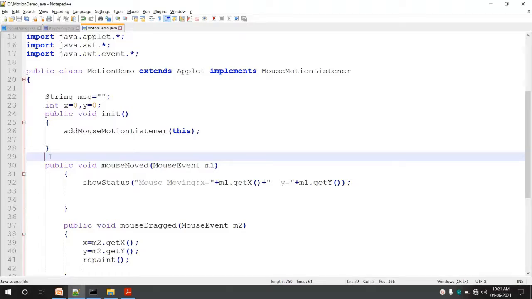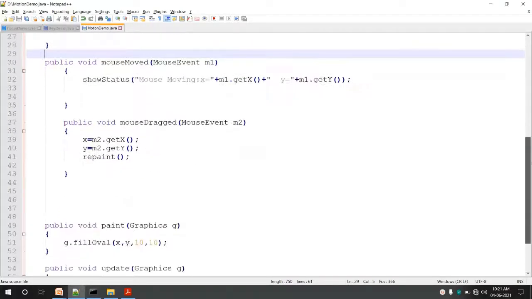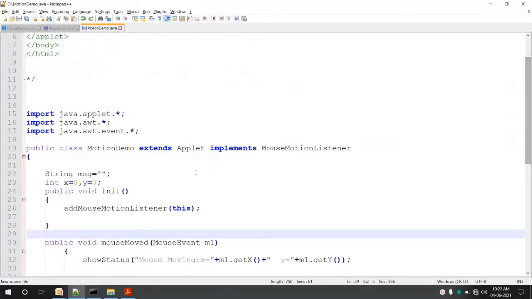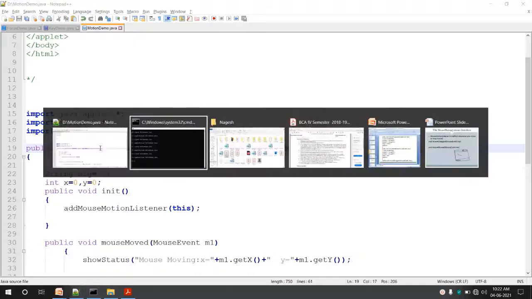It is better to have a separate handler class than declaring the handling code and the GUI code in the same class. I hope you understood how the motion listener can be used. Okay, let's move to the next part.